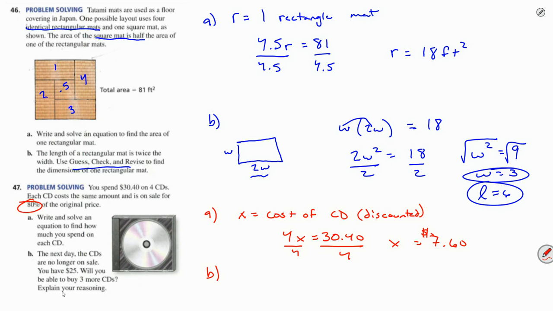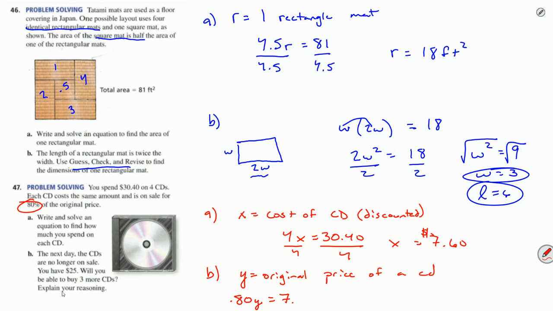And B, it says next day the CDs are no longer on sale. You will have $25. Will you be able to buy 3 more CDs? Well, let's look at something like this, right? Let's have a new variable. Let's call it Y and say the original price of a CD. Now we're going to use this 80%, because if we take 80% of the original price Y,